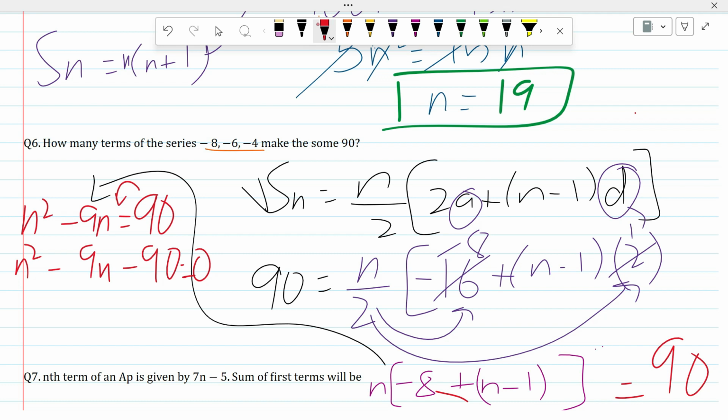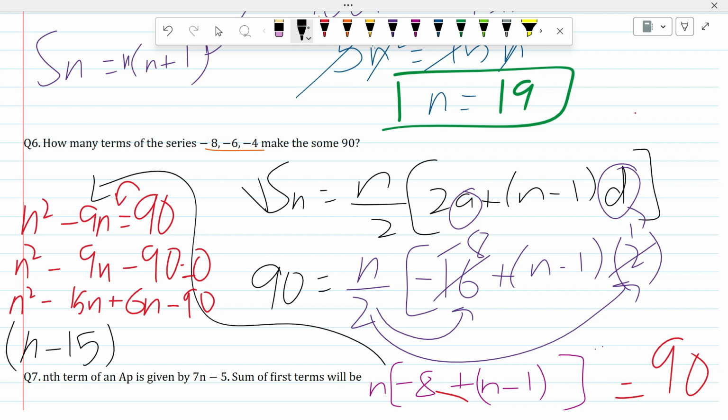If you have taken the answer right, that would be n square minus 15n plus 6n, okay, minus 90. Now here, if you simplify this, you will get n minus 15,